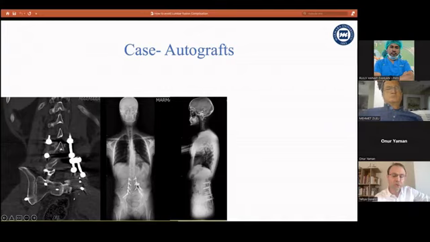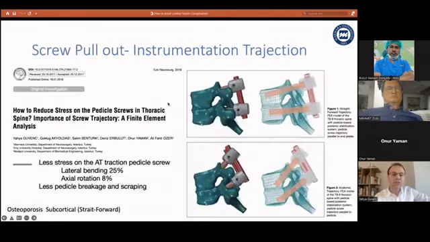This is post-operative 1 year, and he can walk. There is no complication. This is the graft area, the iliac. And the other complication is screw pull-out. There are some techniques